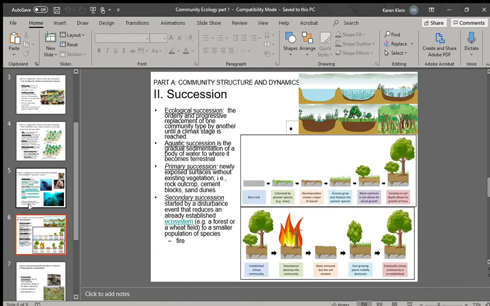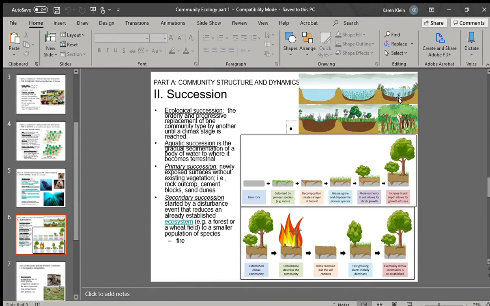Now you also have a concept as far as the way these communities are structured in a time format. It's referred to as succession. An ecological succession event is just that you have these communities that change over time. You see up here this aquatic community, depends on the location of your pond or your lake. But inevitably, given time, whether it's 100 years or 10,000 years or 20,000 years, you do have some ponds that